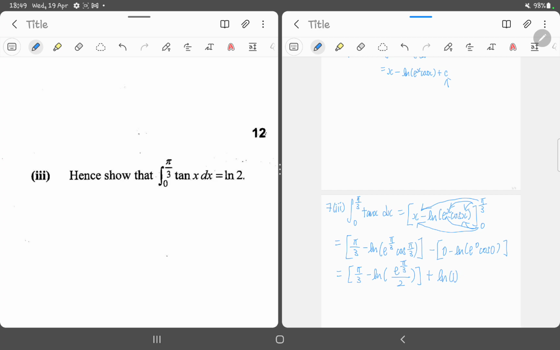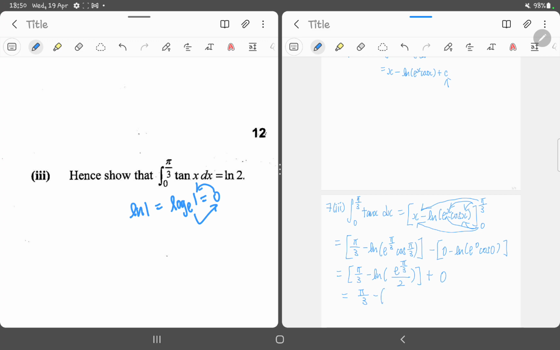But ln 1 is actually 0, correct? So we can write ln 1 as 0. Just to let you understand why ln 1 is 0, because ln 1 is log to base e of 1, so e to the power of 0 is equal to 1. So this is actually equal to pi over 3, minus